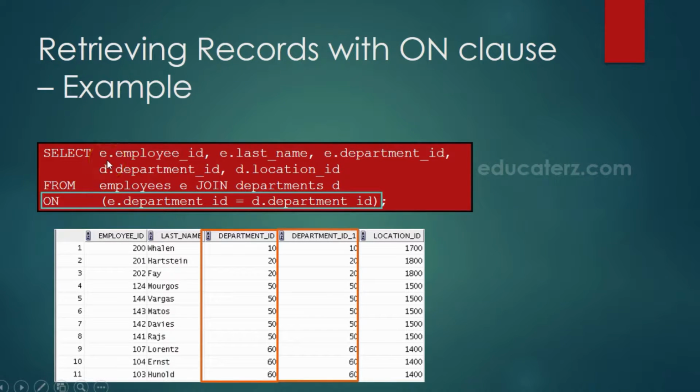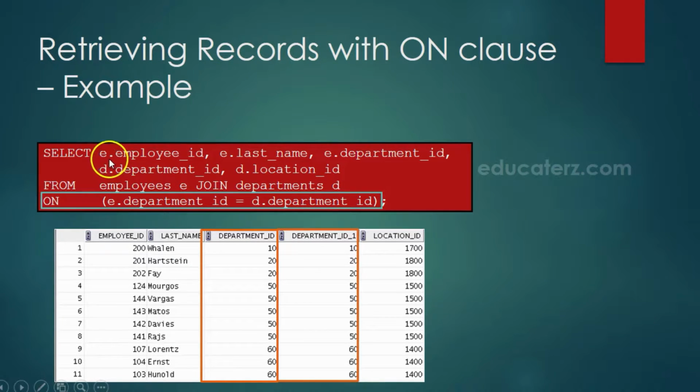What is this e? It is an alias name for the table. In the from clause, employees is the name of the actual table and a space is given and I have written e. This e indicates it is an alias name or other name for this employees table. Similarly, for departments table, the alias name is d.